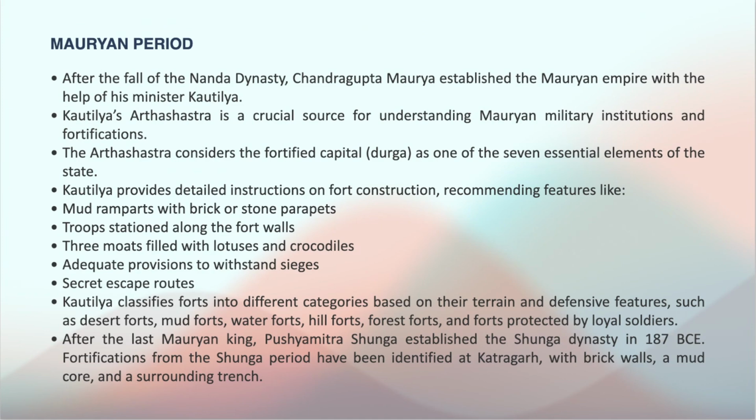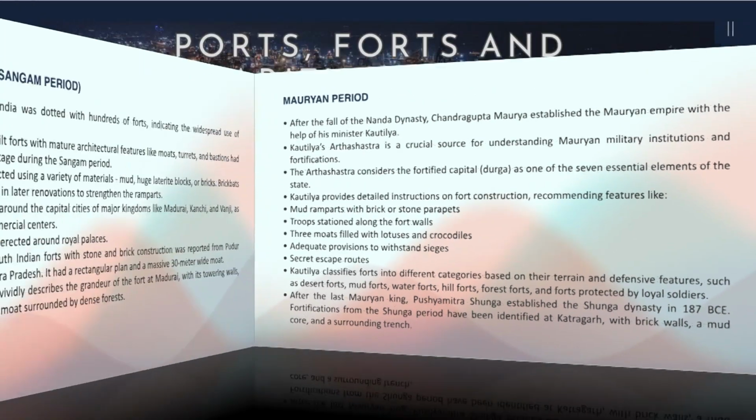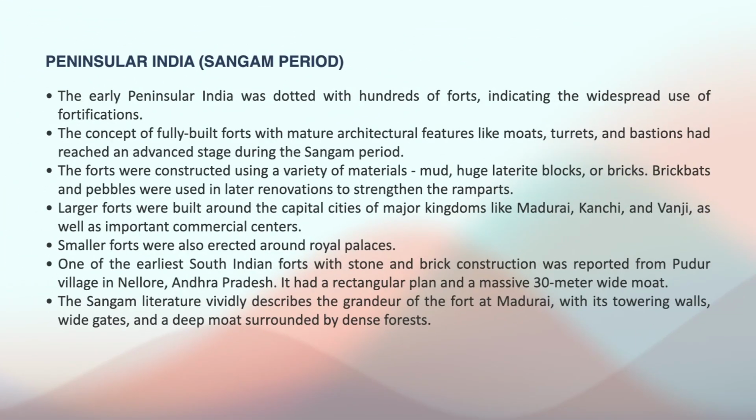And after the last Mauryan king, Pushyamitra Shunga established the Shunga dynasty, and fortifications from the Shunga period have also been identified with brick walls, mud core, and a surrounding trench. So we also spoke about the various fortifications that existed in peninsular India during the Sangam period. And one of the earliest South Indian forts with stone and brick construction was reported from Pudur, and the Sangam literature vividly describes the grandeur of the fort at Madurai with its towering walls, wide gates, and a deep moat